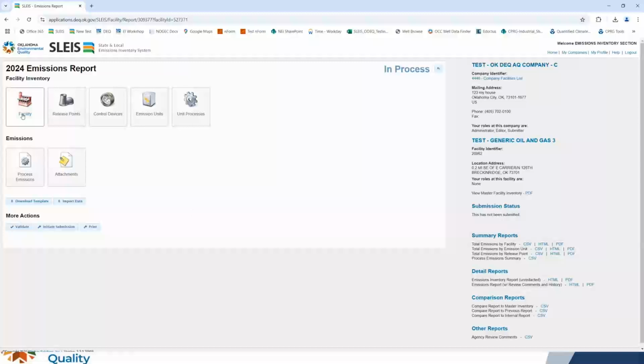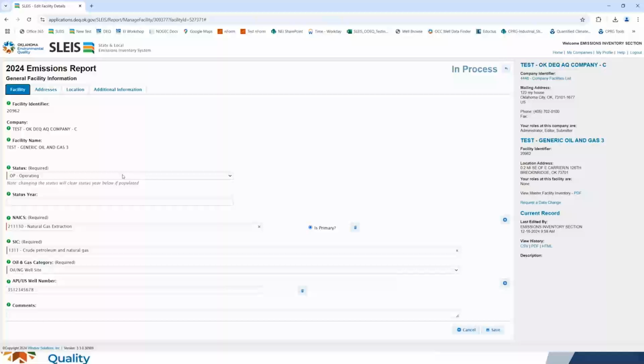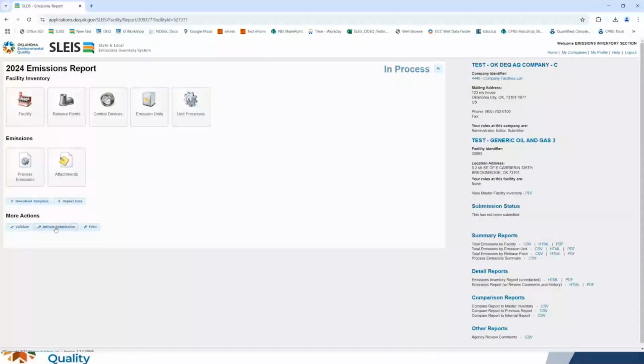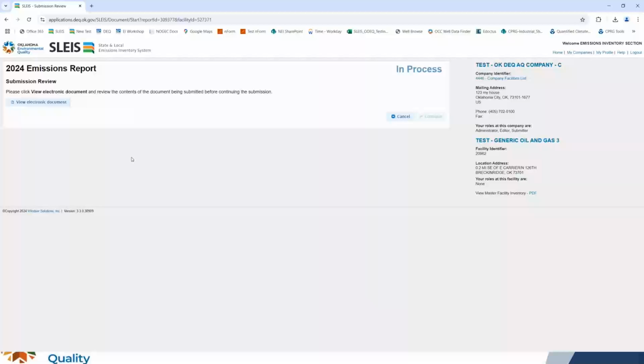All right, to show you our new agreements when you have a permanently shut down facility, I'm going to go ahead and update this facility to permanently shut down with the status year of 2024. And then we'll go to initiate our submission. When we click this button, it'll first run validation. If we have any validation errors, it'll tell us about it. If not, it'll go to this, and I'll have to view my electronic document, and then I can continue forward